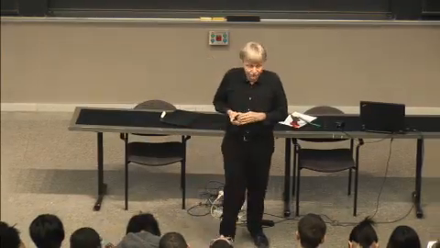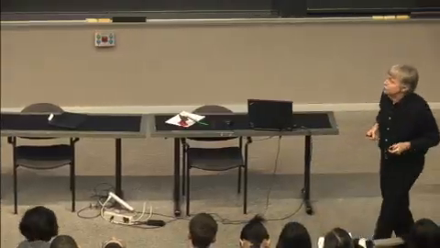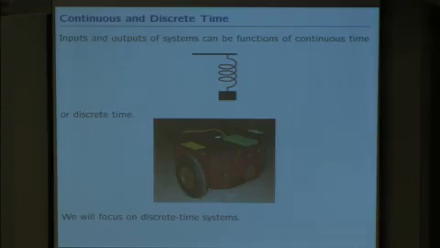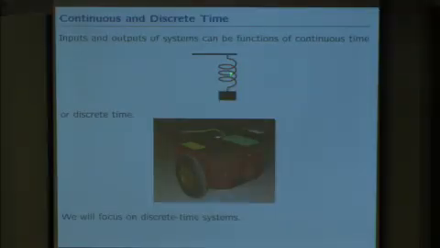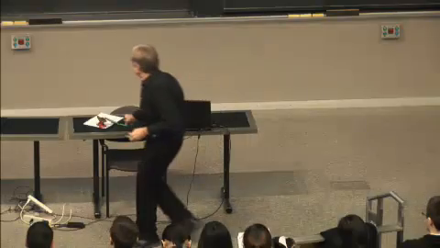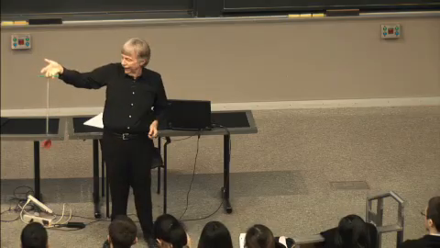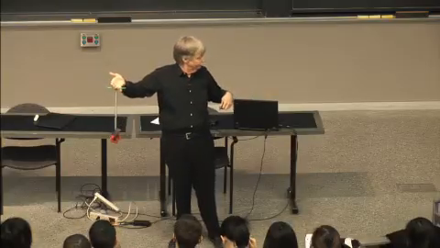So that's the idea. What we want to do is represent a system by the way it transforms an input signal to an output signal. There are many different kinds of inputs and outputs, but a fundamental distinction that we are going to have to make is continuous time and discrete time. This system works in what we will refer to as continuous time because my position of my hand is a continuous function of the continuous variable time.